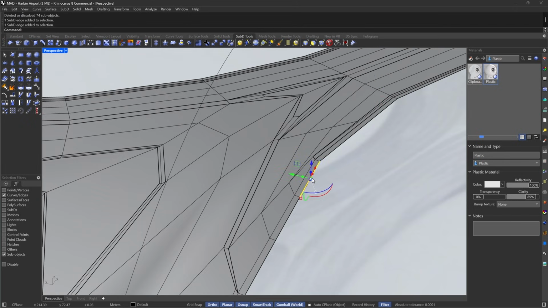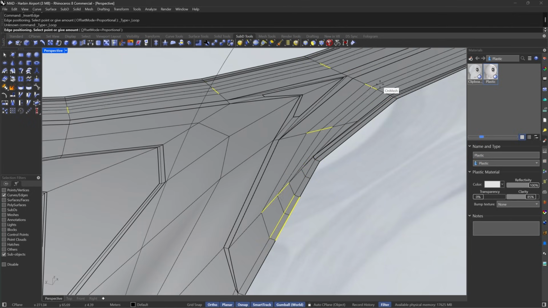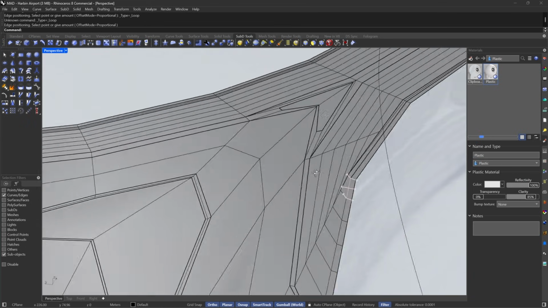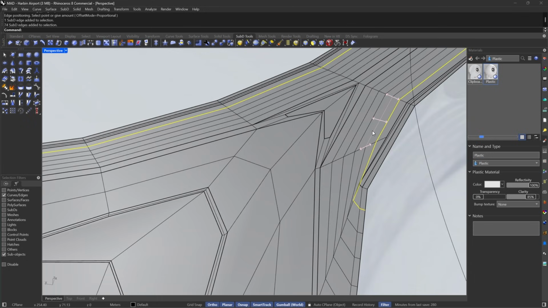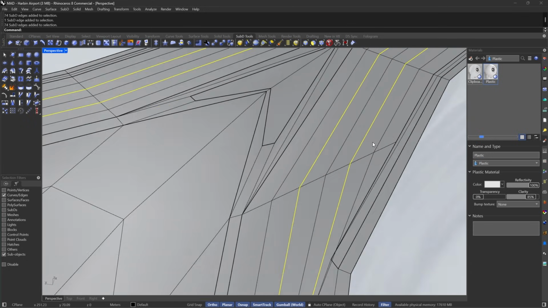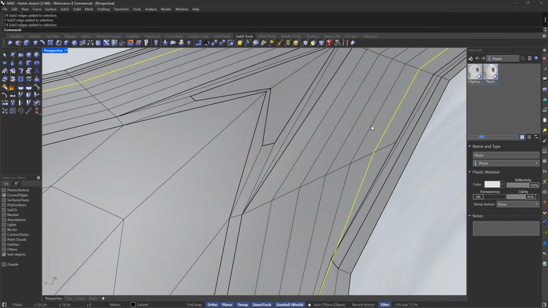Then I can just simply select this and add something in the middle for this one alone, and then something in the middle for this one alone, and then something in the middle for this one alone. So right now I should have a little bit more, so I can simply select this and select this, and actually I'm going to select all of them